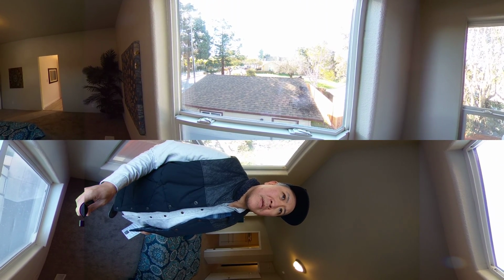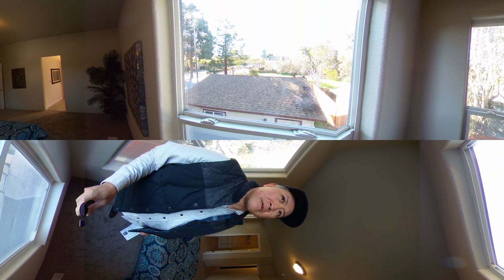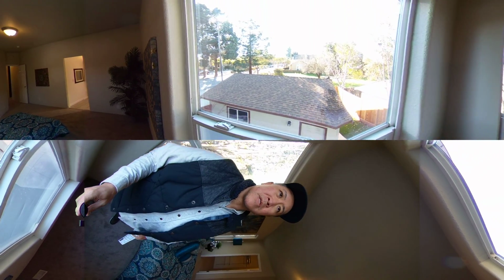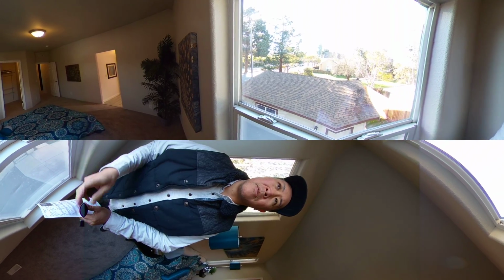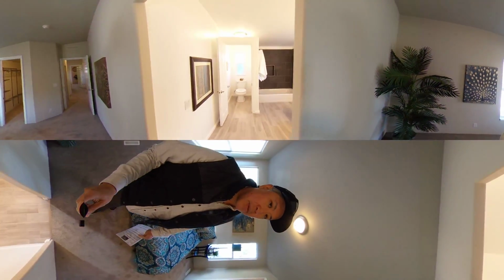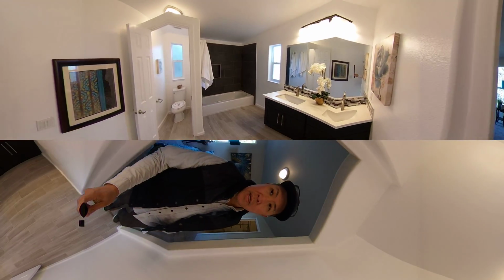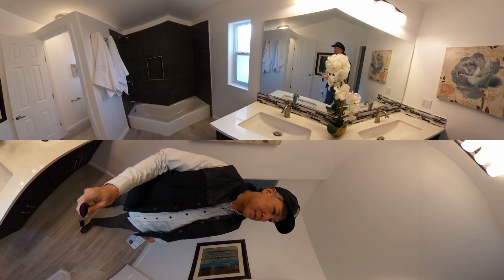We actually put in soundproof windows, which is another layer. So we had 4 paned windows essentially, and even that wasn't enough to block it. So here I would say if you had soundproof windows, it could reduce a lot of it. It's not as bad as my place, but again, it can get costly to have to put that on the whole house. So here's the master bathroom, again, fully remodeled,